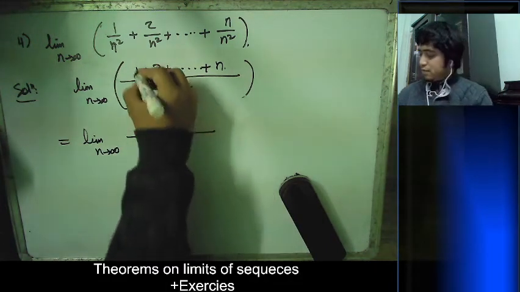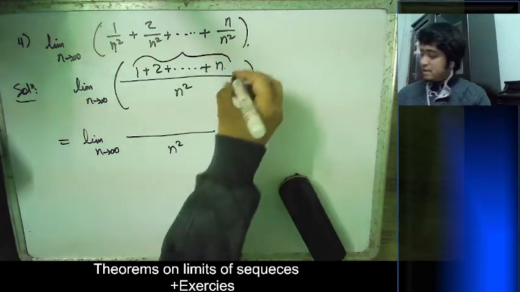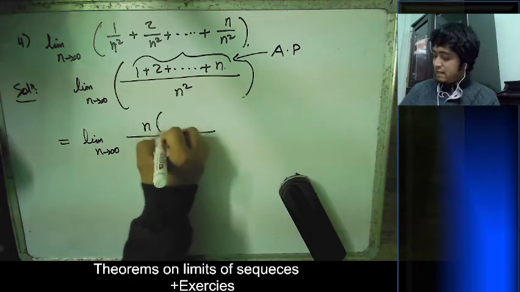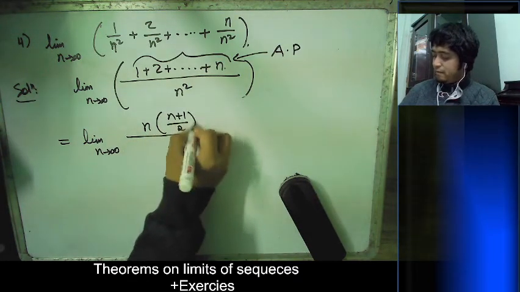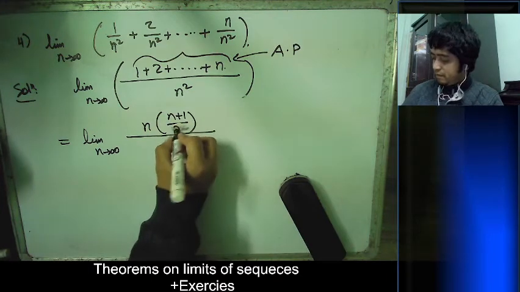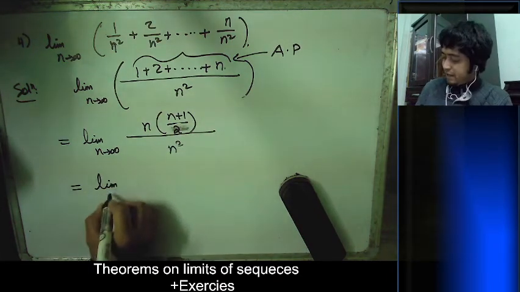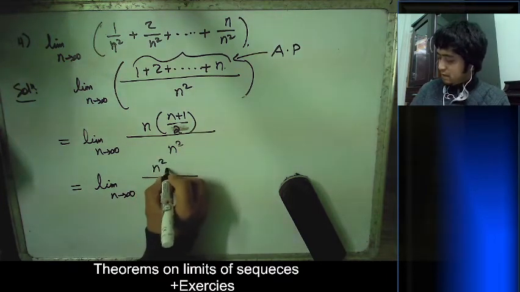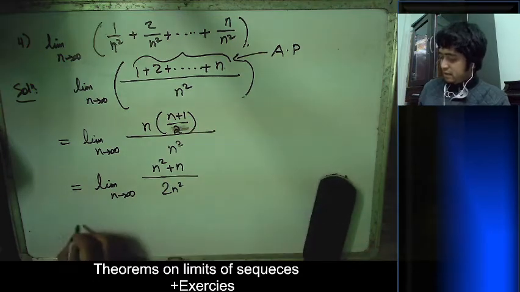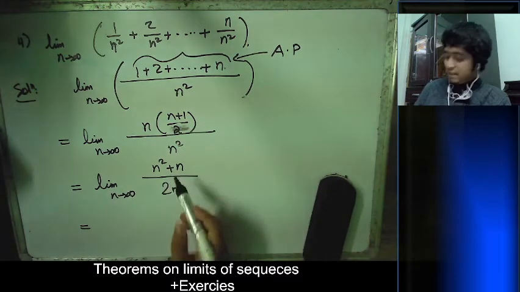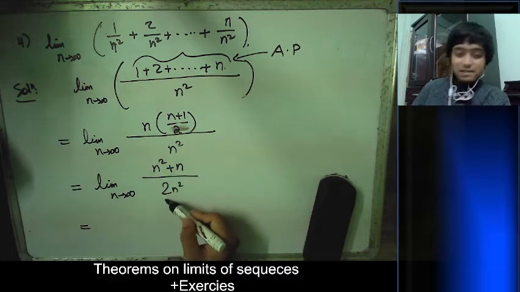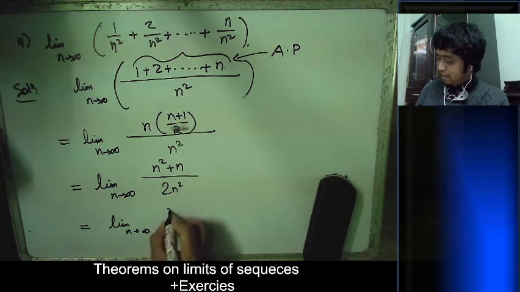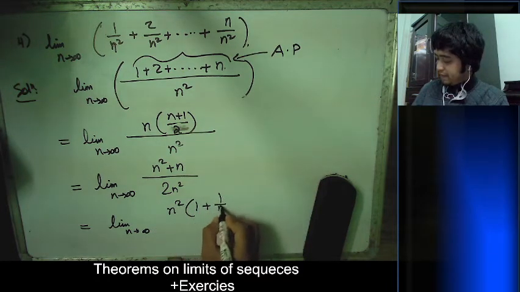This one is an arithmetic progression. The sum of the first n terms is n times n plus 1 over 2. So if I have to write it down, you will be having n squared plus n. Again, we can take common. Now it has become a polynomial on top as well as on the bottom. So we can take common the highest power. You'll be having this